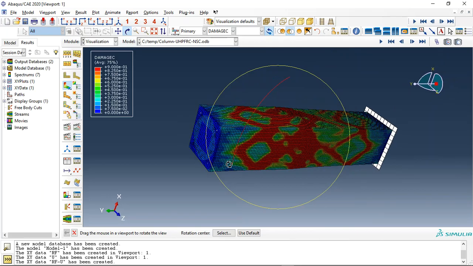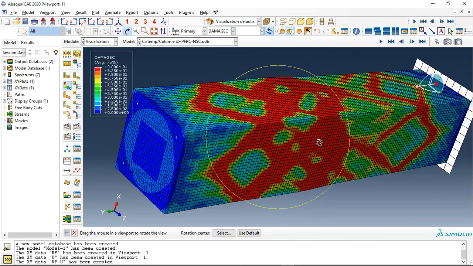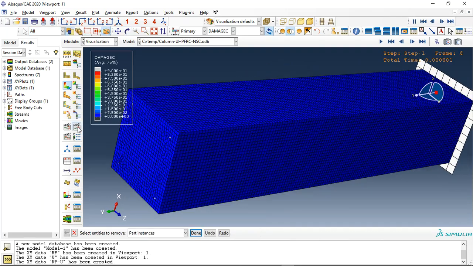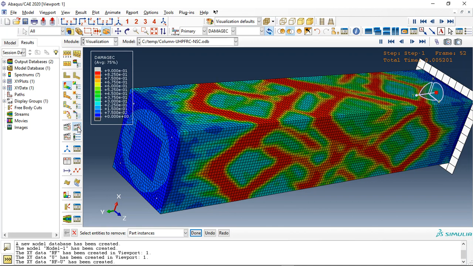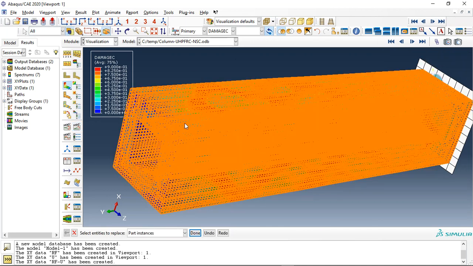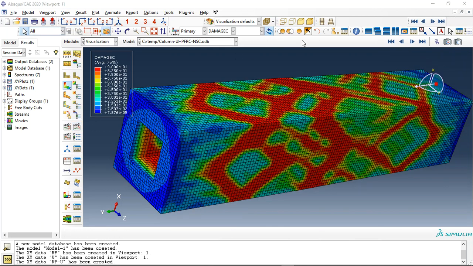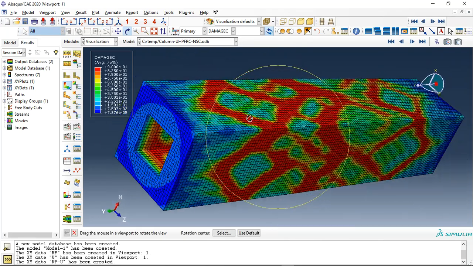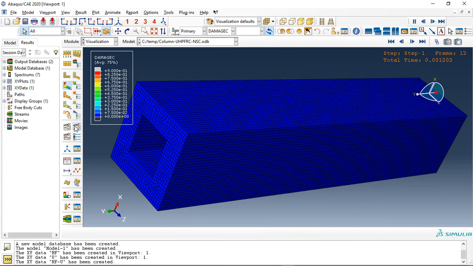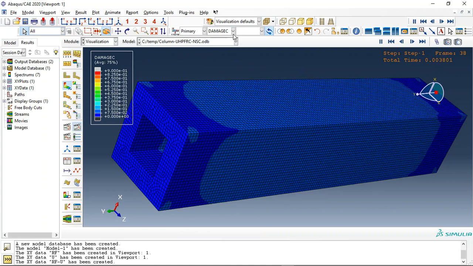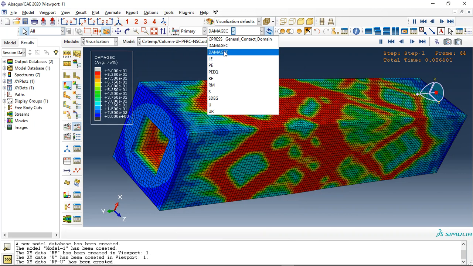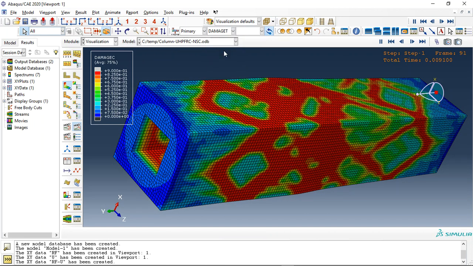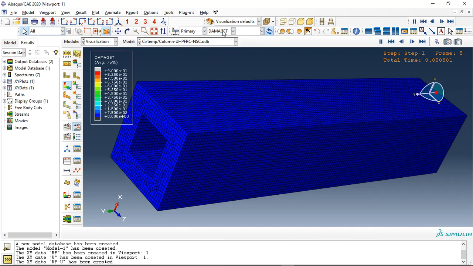Let me make it like this to have a better view. This is the compression damage which happened in the outer part, also the internal part. For instance, if I select just this, you can see this is the normal strength concrete, and this is the compression damage. You can also request tension damage for this,